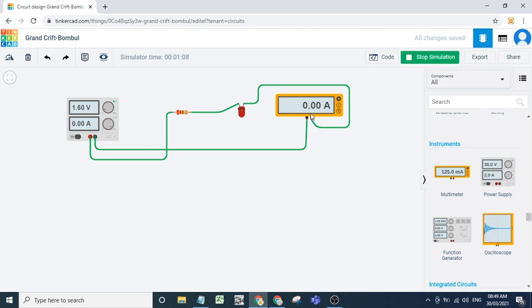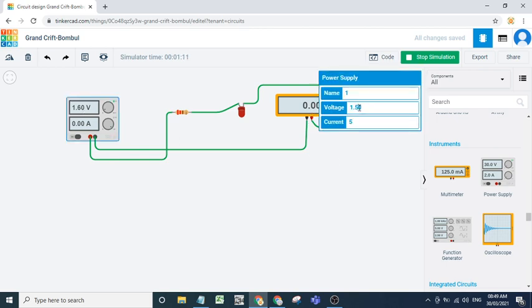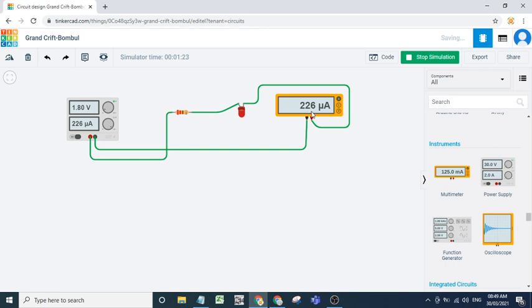What is the current? 0. So again I will click here, I will set 1.6, current is 0. 1.7, now you are getting some current, that is microampere. So above 1.7 this LED turns on. So generally LED requires around 1.5 volt to turn on. Then stop simulation. So this is our basic circuit.